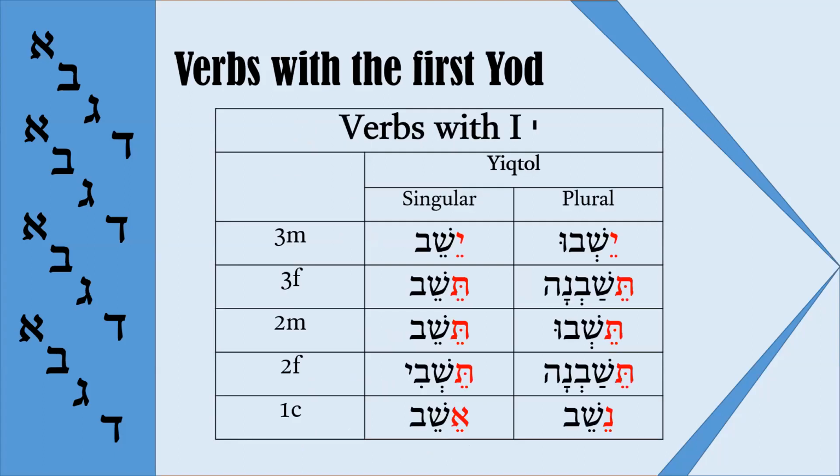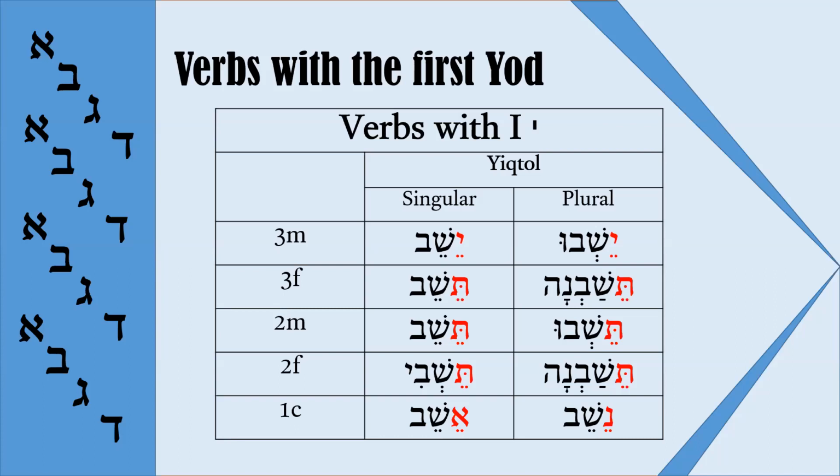But the second class, this is the class where the first yod was originally vav, but it was transformed to yod later on. These verbs are more common, and they occur very often in the Bible. And some of them you already know. For example, the word yashav, to sit, to dwell, to live. What happens with this word? This vav is